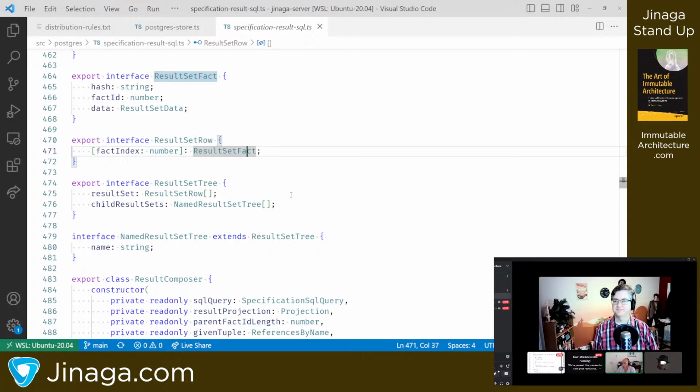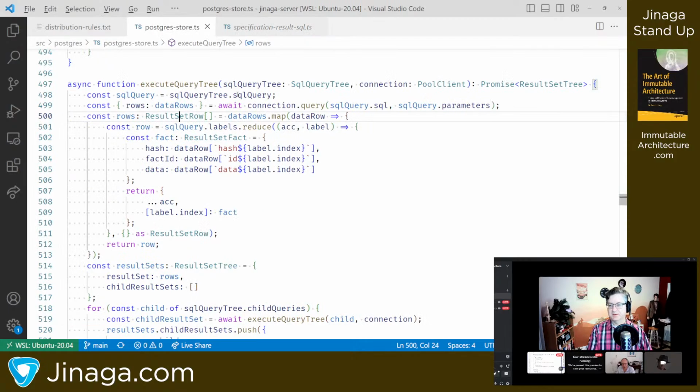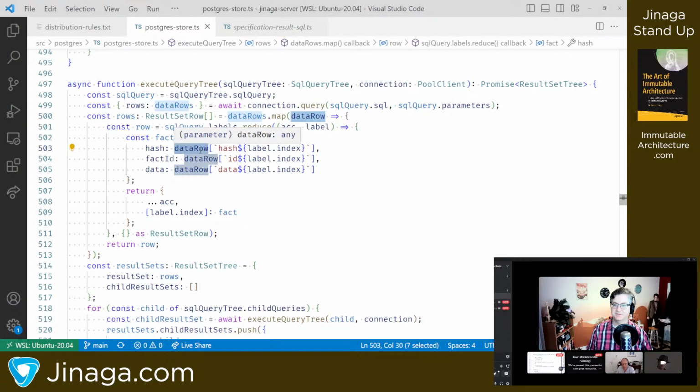I'm looking at my site here. No, it's completely different, the old version. In the old version I had this untyped row object, and it passed that further out.